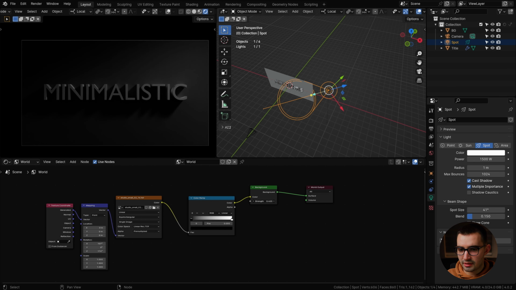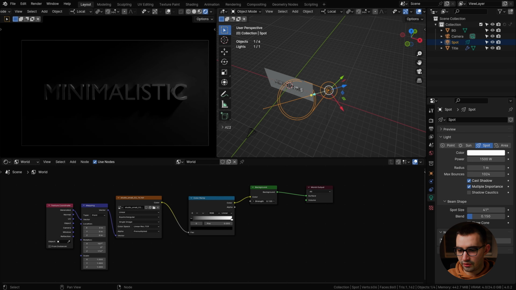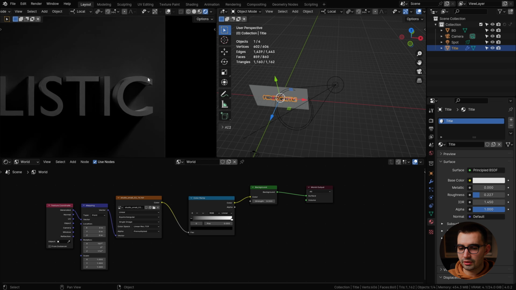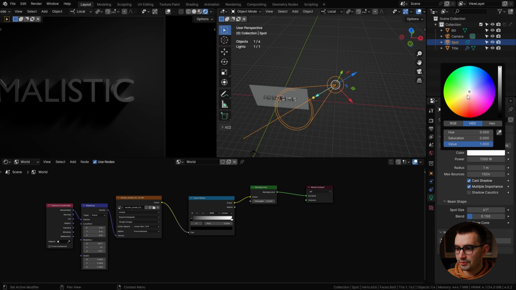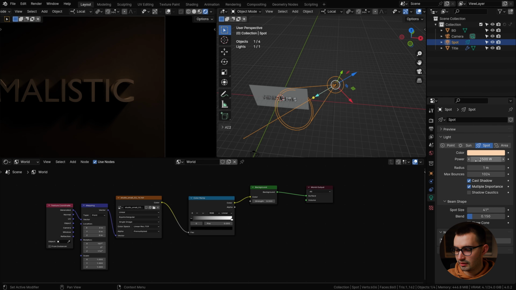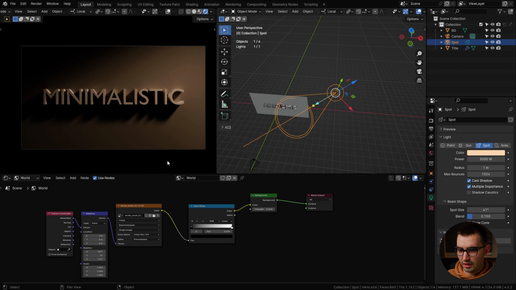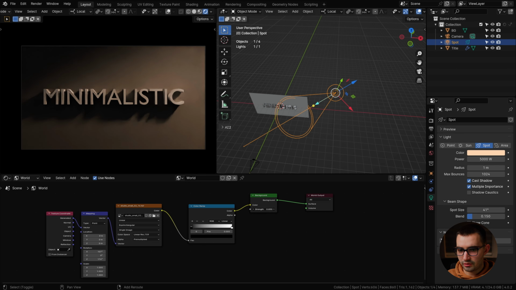And now is the time when we can go ahead and dial the strength of the background back down. And I don't want to add color to the background or the title. I actually want to introduce color with the lights. So under the color value here, we can start doing that by pulling this over here. Let's say something like that. We could even increase it even more to, let's say, 5,000. And we might want to fill up those shadows a little bit so we can increase the strength of the